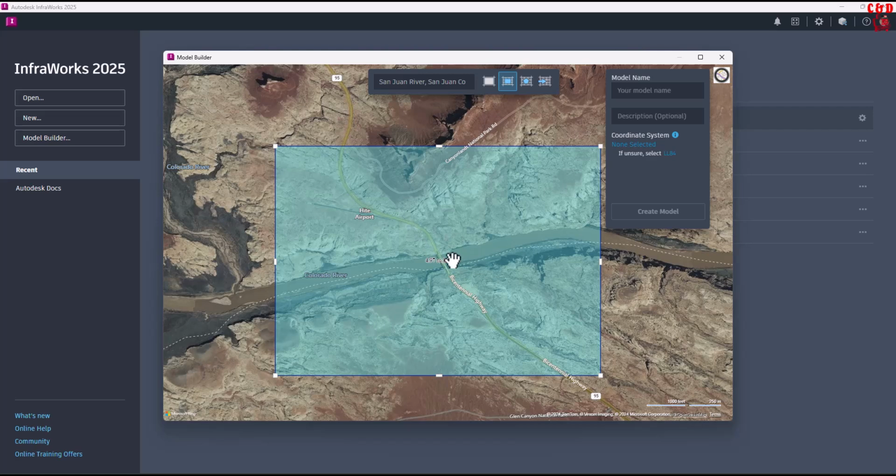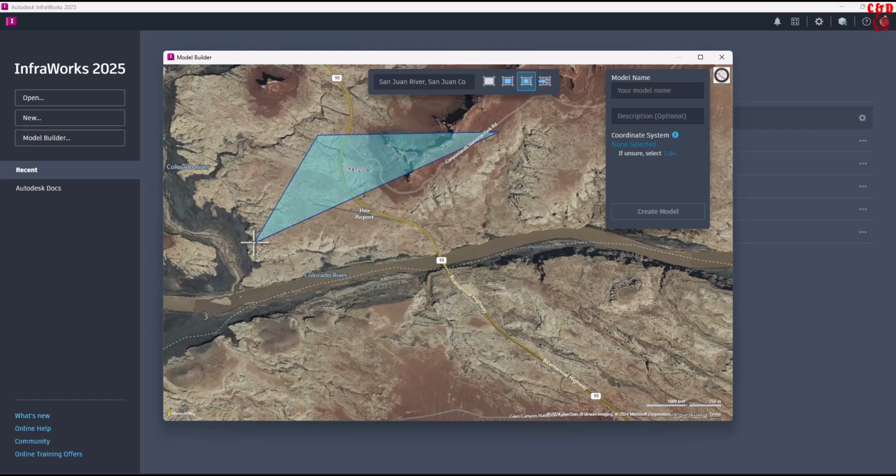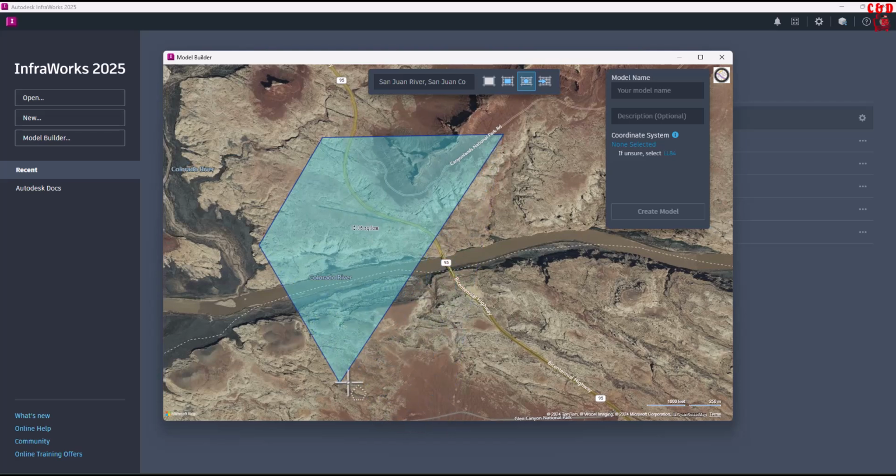The model builder will use this part and later send you an email, whichever email you are logged into Autodesk InfraWorks with. Then there is another option, draw polygon. So you can actually draw a polygon. This is also very useful so that the area